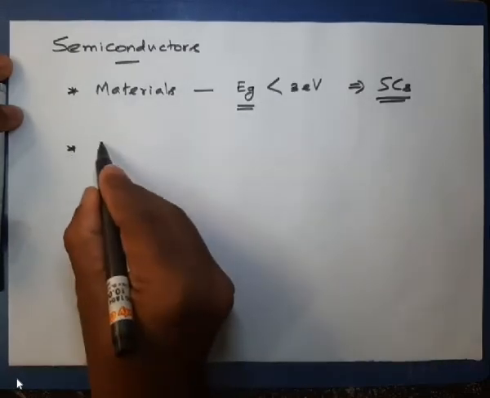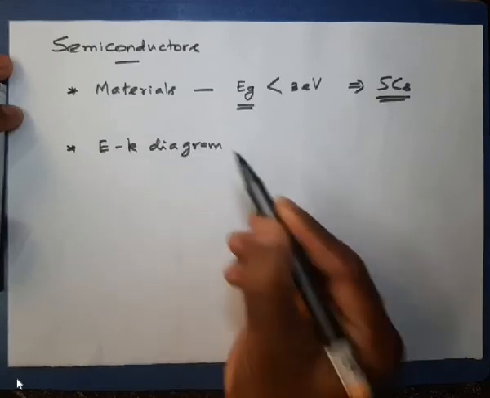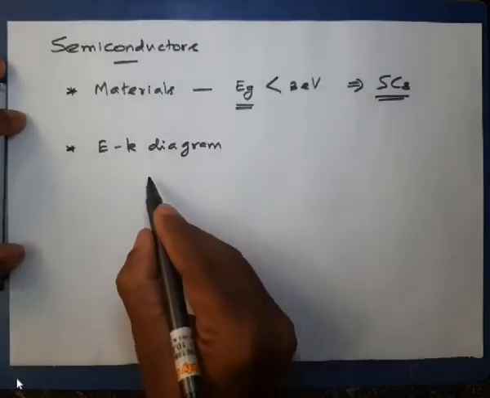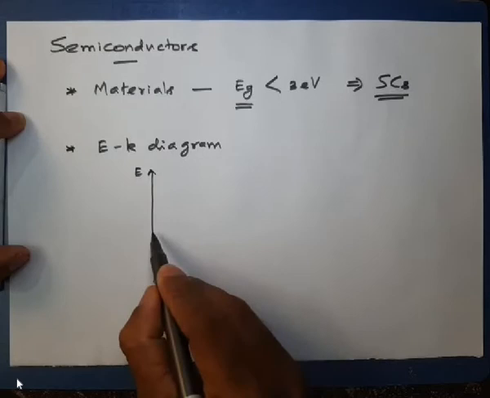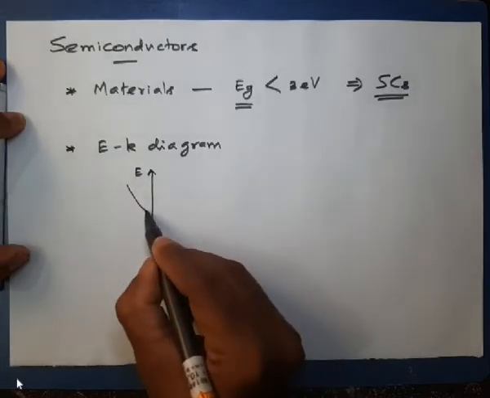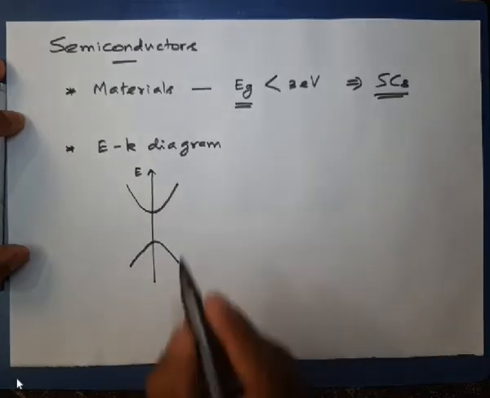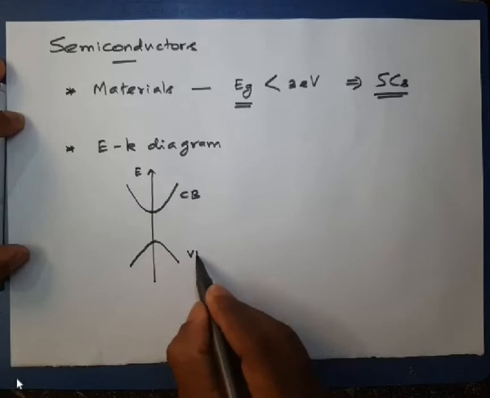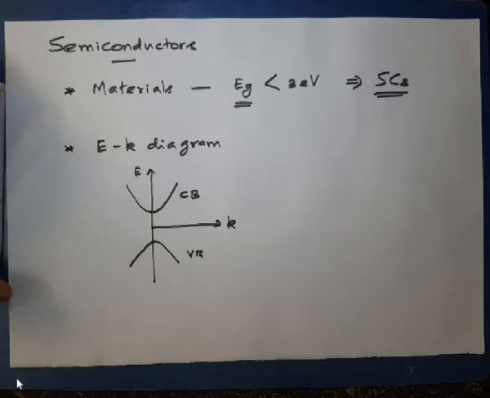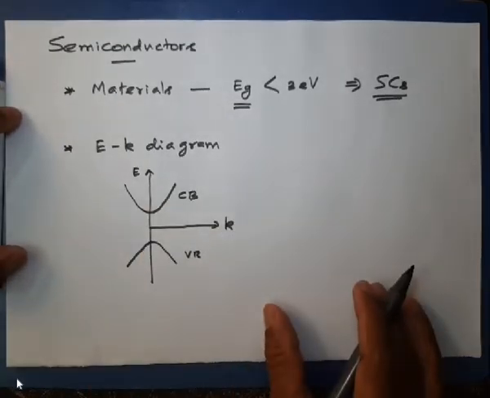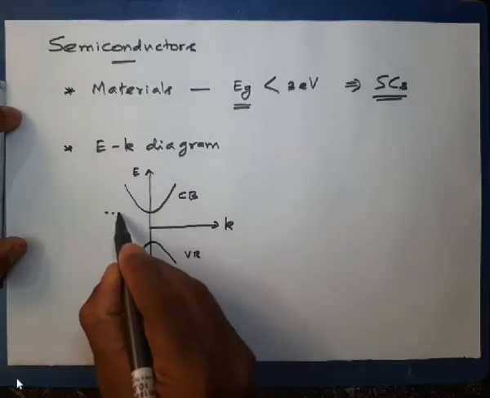In the EK diagram, as per the reduced zone scheme, if we plot energy, this is the conduction band and this is the valence band. So this is the conduction band and this is the valence band. This is the k-axis. So this diagram is the EK diagram, and here the energy corresponds to the bottom